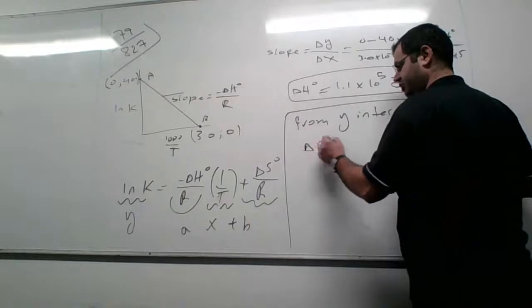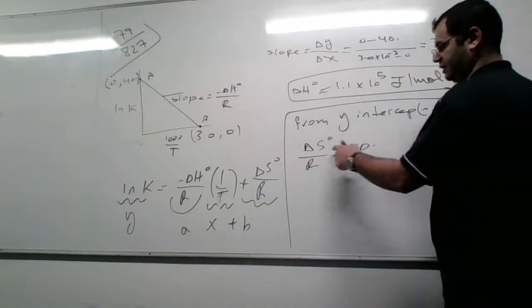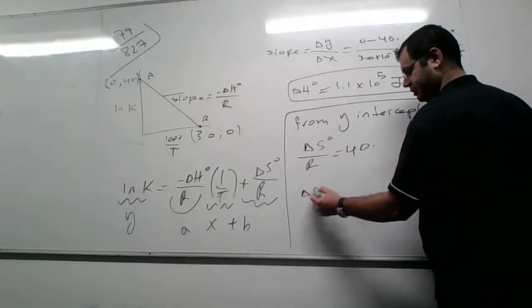So delta S naught over R is equal to 40, in two significant figures. So delta S naught is equal to 40